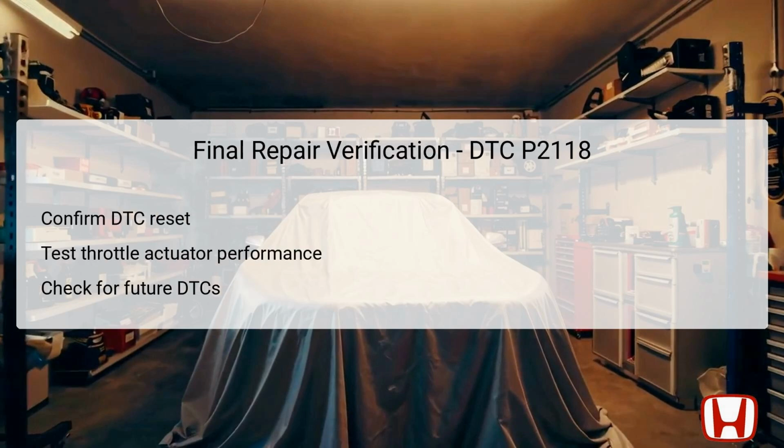After completing all the necessary repairs and troubleshooting steps for DTC P2118, it is essential to carry out a final verification. First, confirm that the DTC has been reset and is no longer present in the system by using the HDS tool. Following that, conduct performance tests on the throttle actuator to ensure it responds accurately to inputs, demonstrating proper